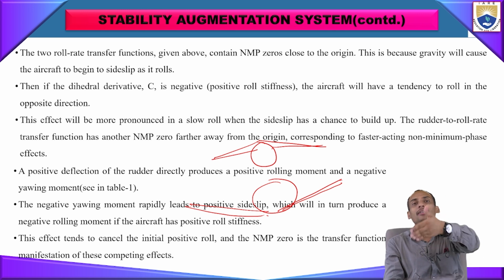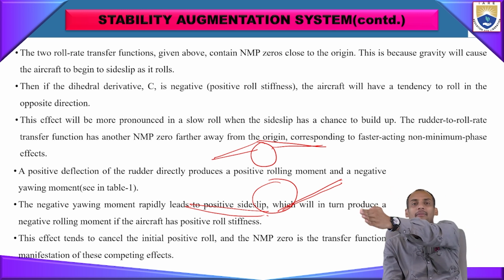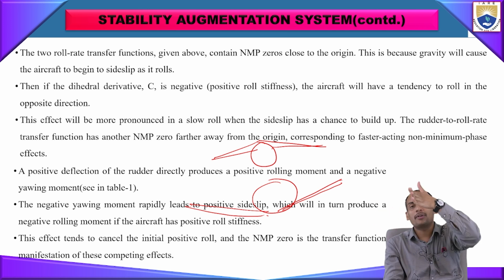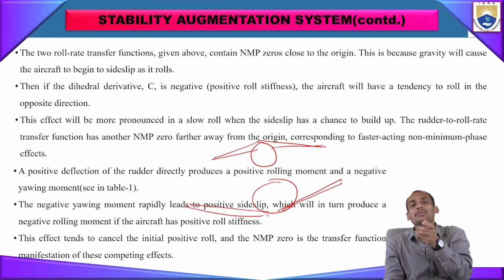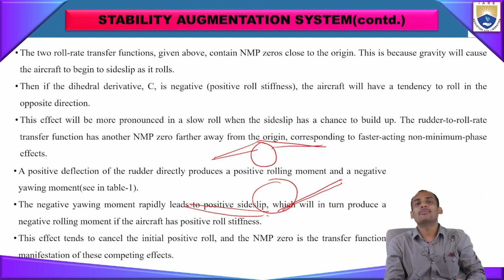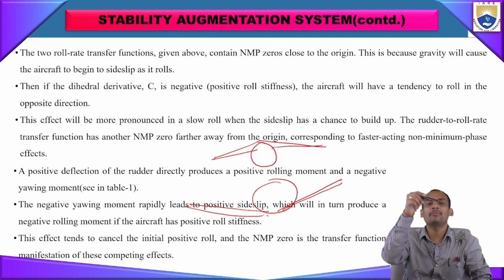If it is going like that, it may have a Dutch roll moment, so that Dutch roll moment should be avoided, and a pure yawing moment is required. So for that pure yawing movement and the avoidance of the Dutch roll movement, this lateral SAS system has been installed